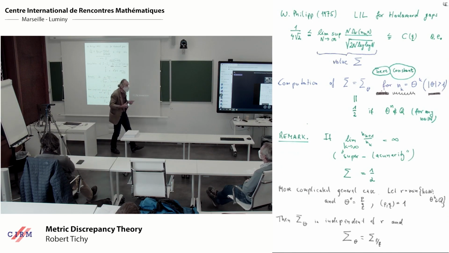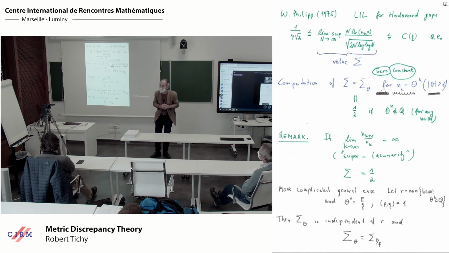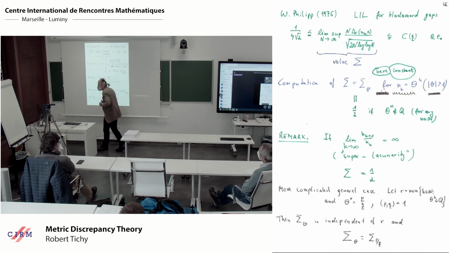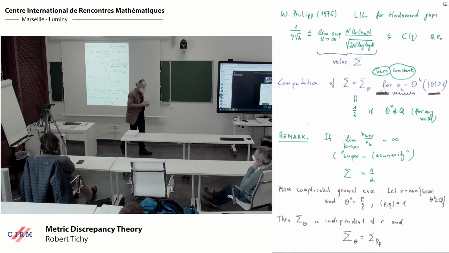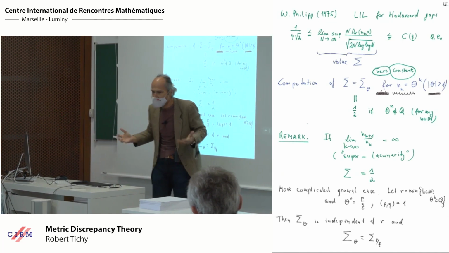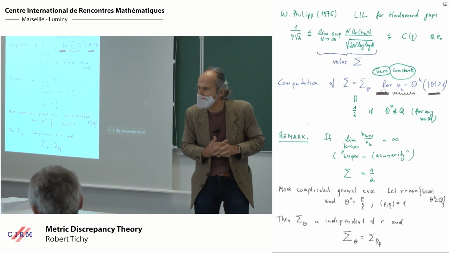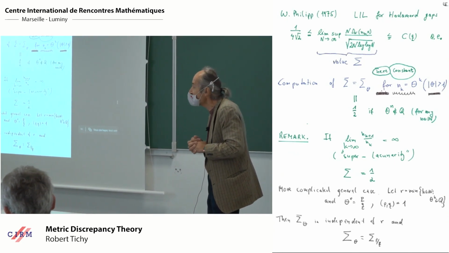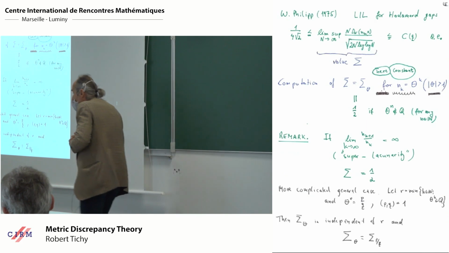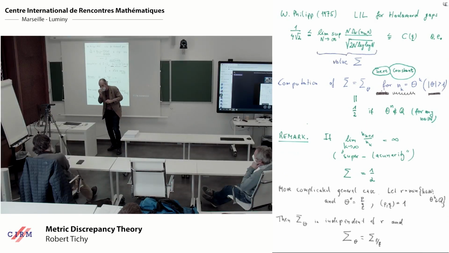What we were also interested in, as I mentioned before, is laws of the iterated logarithm. So not only central limit laws but laws of the iterated logarithm, and the starting point was my joint work with Walter Philipp, and of course the original starting point was Walter Philipp's own work. He was able to prove an Erdős conjecture. Paul Erdős asked this conjecture in the early 60s, and Walter Philipp gave a proof in 1975 in the